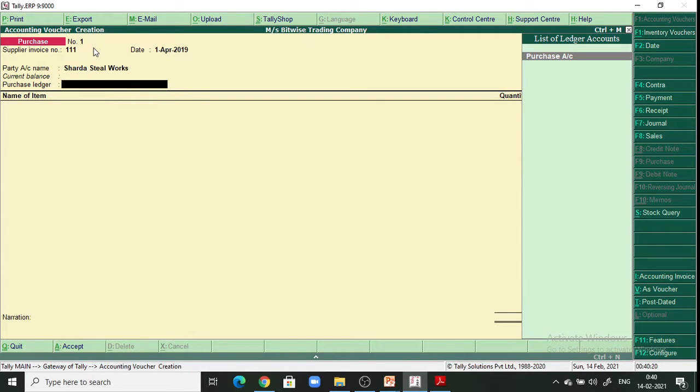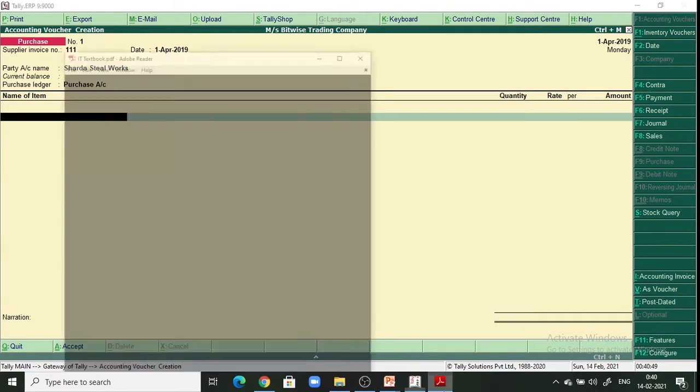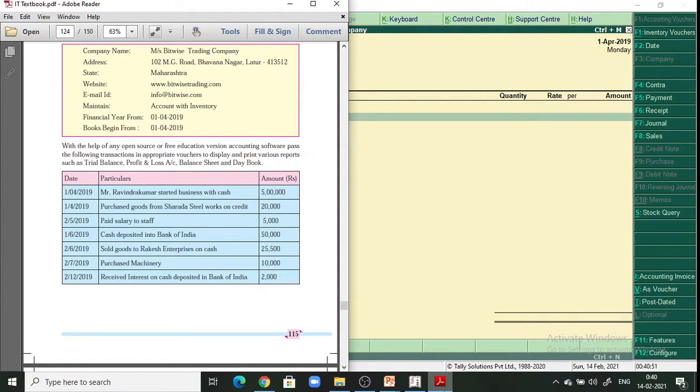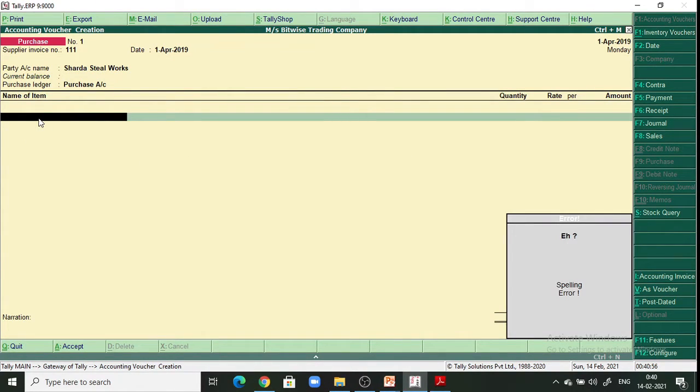If they have mentioned a particular goods name like a camera or food packages, then there will be more ledger accounts for the purchases. Right now there is only one good, so there is only one account which I've created. Select purchase, and then here you have to write the name. They said goods only, so right here